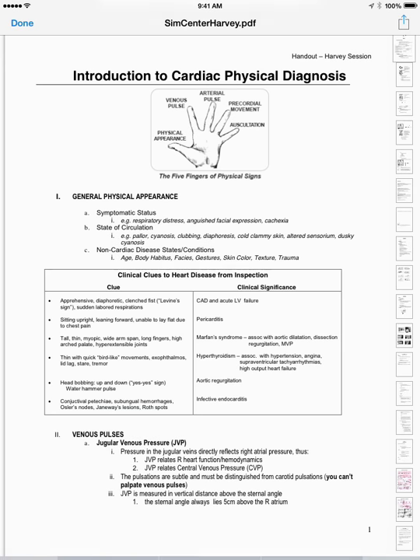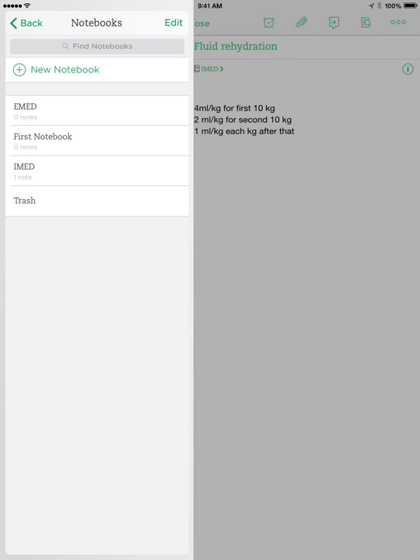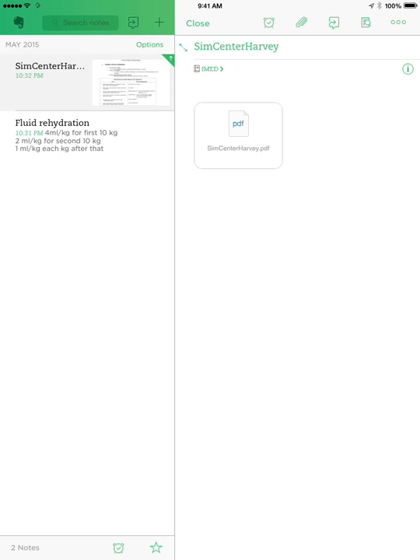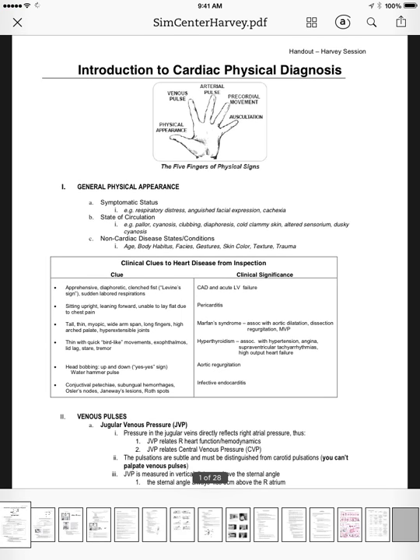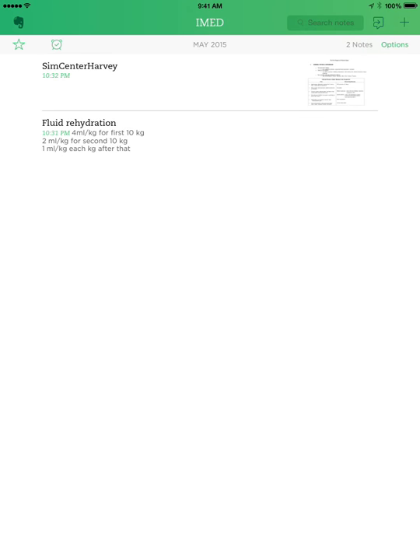Okay, and so now we're going to save. And so now my Harvey Simpson or Harvey PDF file, which, if you've not already done your emergency or your internal medicine rotation, you will get to know very well. Close that. So now we open Evernote and we go to F, and then you touch it, and now we have the PDF in our Evernote. Now we'll close that. Okay, so that's two ways that you can